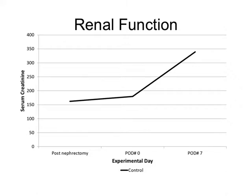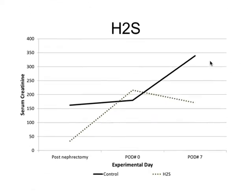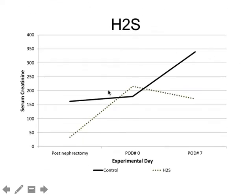These pigs underwent isogeneic transplants. So what we do is a regular nephrectomy. They undergo nephrectomy. We leave the left kidney in the pig, remove the right kidney, store it for 24 hours, then transplant it back onto the aorta and cava, and then subsequently remove the other organ. And so by post-op day 7, the creatinine is running about 350. If you give hydrogen sulfide, one of the other small endogenous molecules, then basically the creatinine kind of tapers off